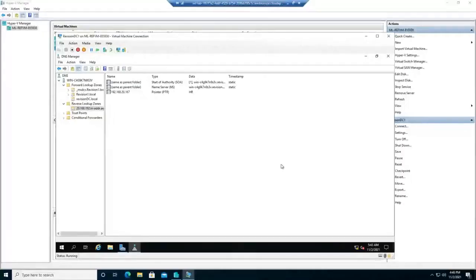Okay, can you see my screen? Yes, very good, sir. So here we have created one record for PTR, so we are done with DNS, mashallah. That's really good. So we have done DHCP and DNS in almost